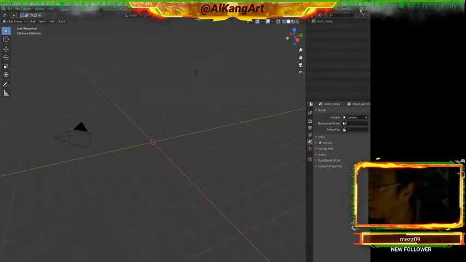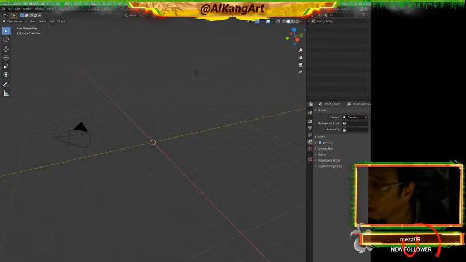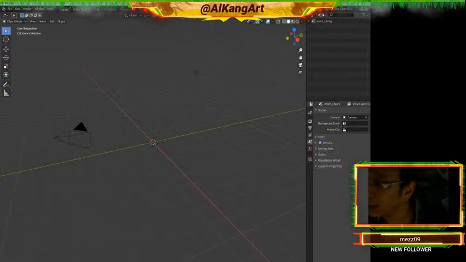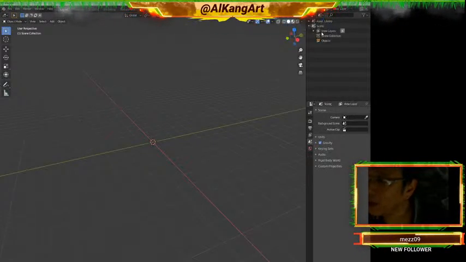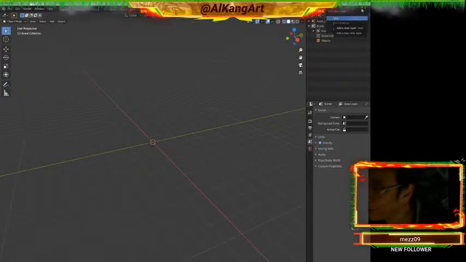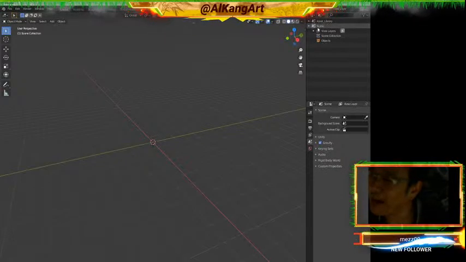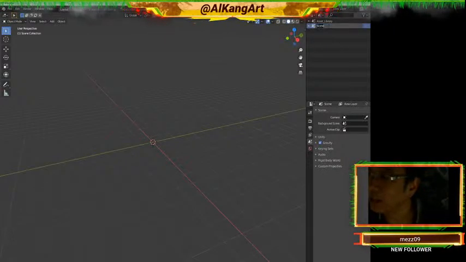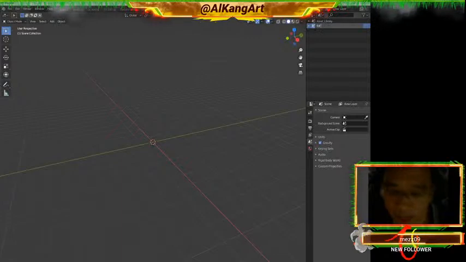No, that's a view layer. I am creating the wrong things here. So I want to create a new scene here, right? And, oh, I must have created a whole bunch of different view layers. My bad. So in this particular scene, I'm going to call this the edit, right?